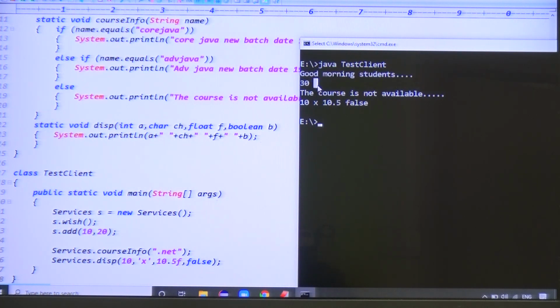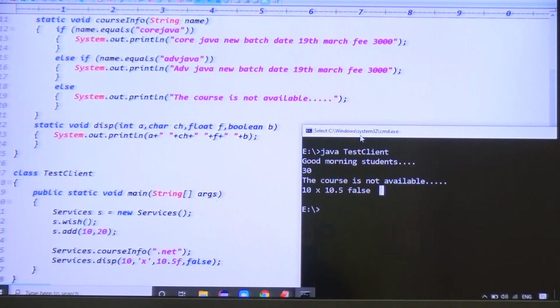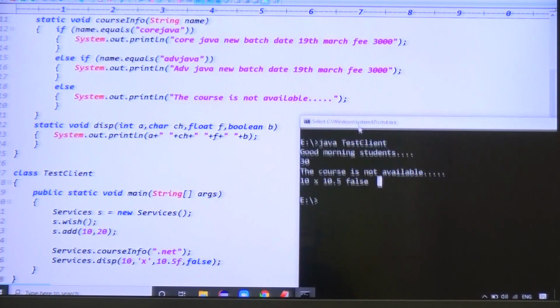For the second method the output is 30. For the third method the output is the course is not available. For the fourth method I am just printing the 4 arguments, right? 10 x 10.5 false. Guys, are you clear now? Exactly guys.